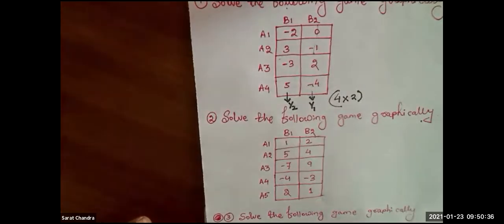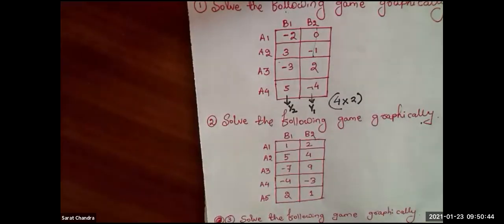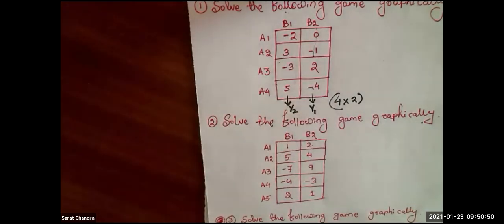How to name it? Have you got the idea how to name it? First draw two vertical lines, name one y1, another one y2. Then in the question paper you mark which column you want to take as y1, which column you want to take as y2. You can take this column as y1 or you can take this column as y1. That is completely your wish. The same answer you will get whether you take this column or this column.